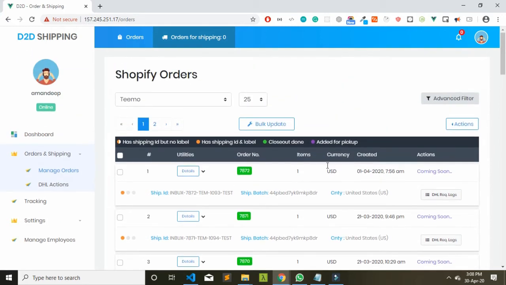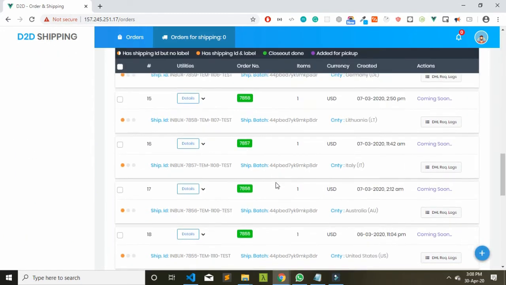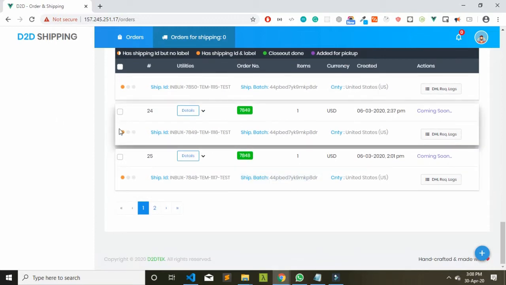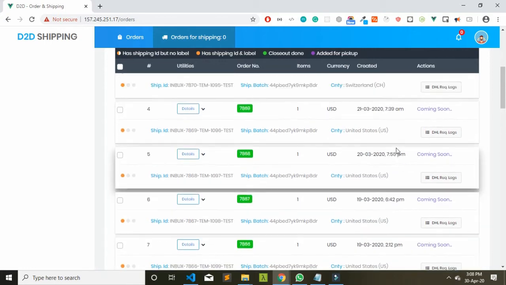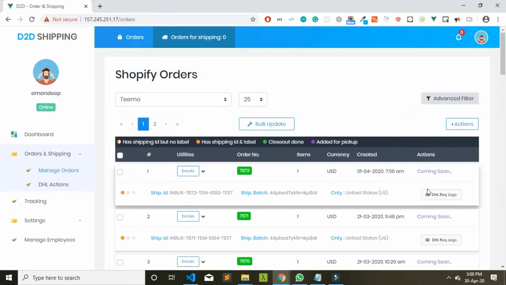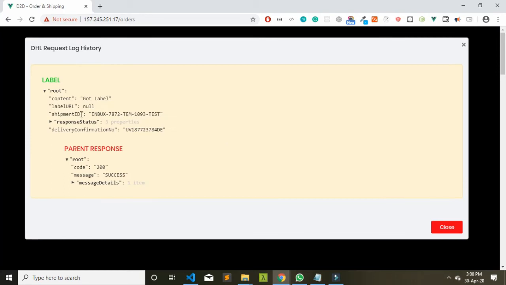Okay, so the DHL requests happen in bulk, so it is very important to keep the logs of it, because sometimes, so this time it succeeded but sometimes the request fails for individual records. So in that case, in order to troubleshoot it, you have to come to this and you are going to find this log over here.